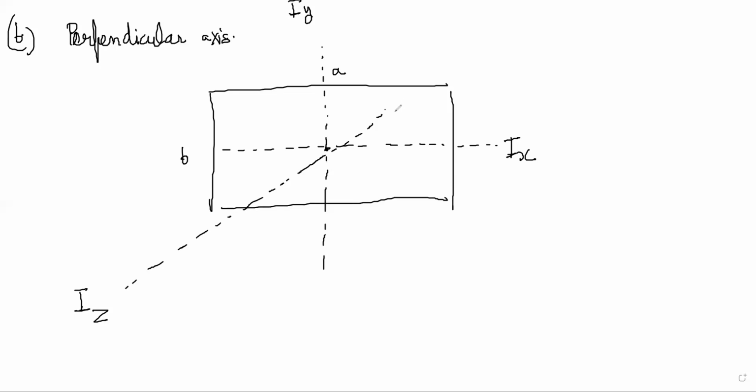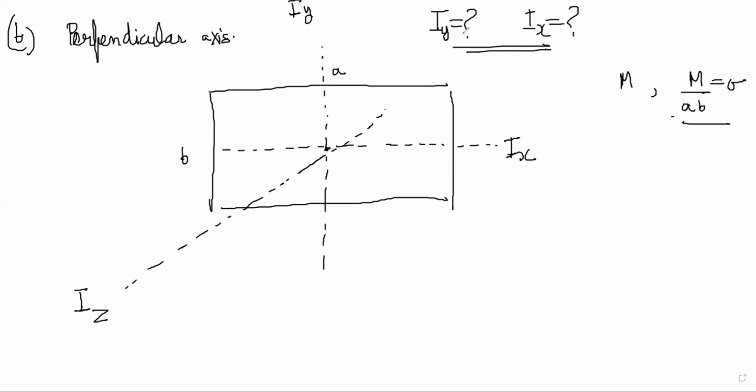Now, let's say total mass is m, and mass per unit area is m by AB. Let's find out first what is Iy, what is Ix. For Iy, this derivation was probably there in the book. It is there in the book, in section 10.14, a B section on page 176B. So if I have to do Iy, I will take a line parallel to y, right?